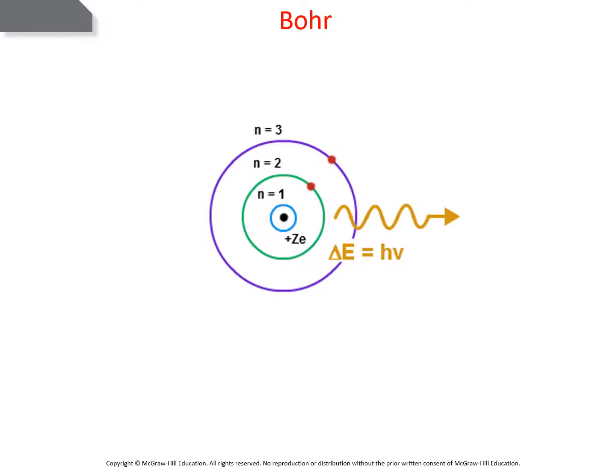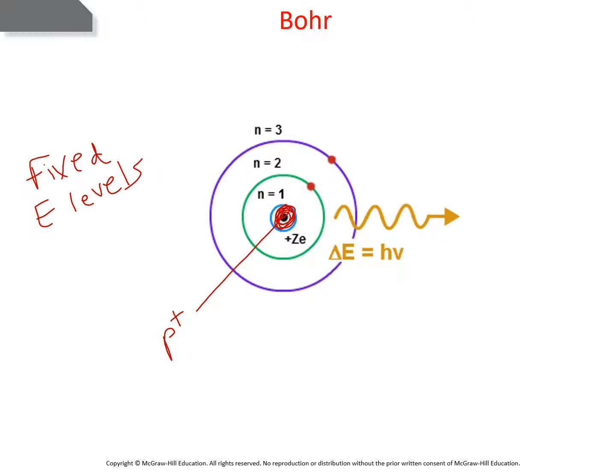What he said was, yes, there is a nucleus where all the positively charged protons are located. And yes, there are electrons that orbit and surround the densely packed nucleus. However, these electrons aren't random. They are in fixed energy levels, fixed main energy levels. And within those fixed main energy levels,